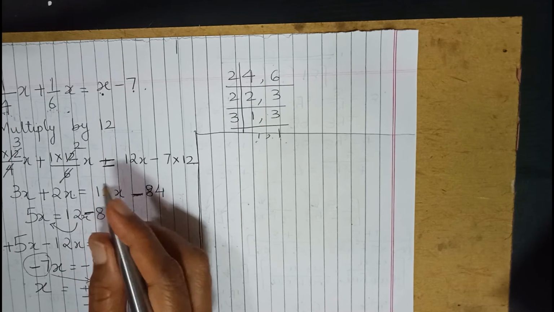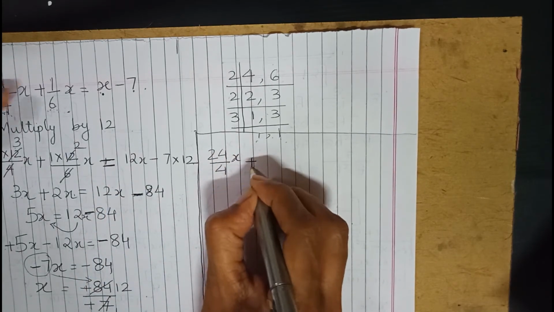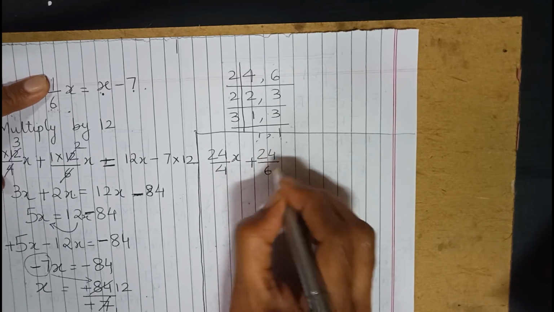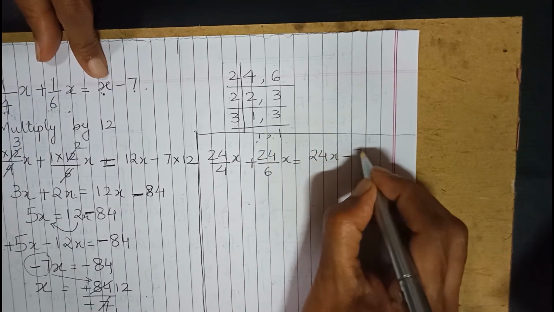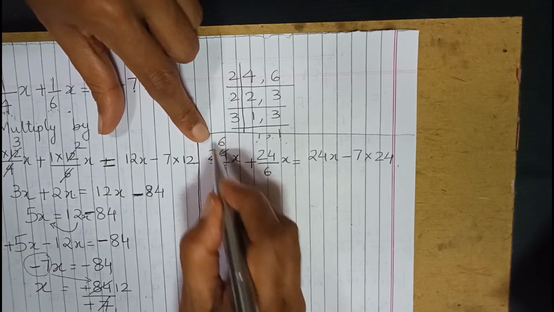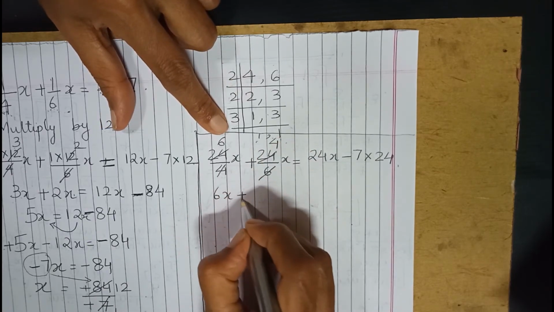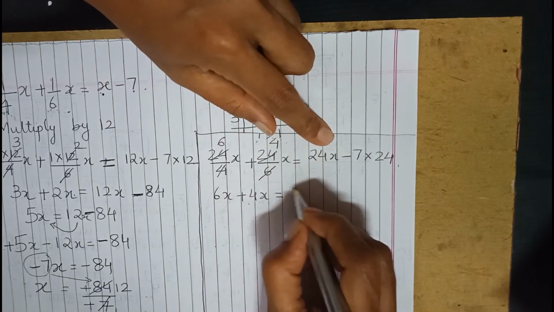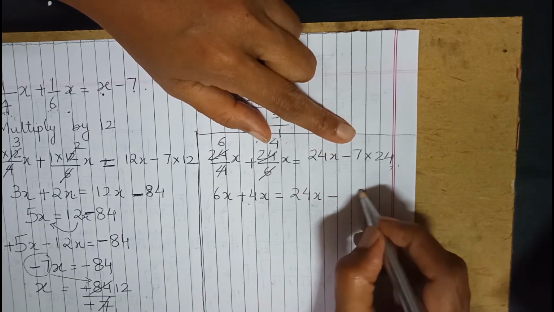I can show you that also. Let us say I'm multiplying by 24. So 24 upon 4x, 24 upon 6x is equal to 24x minus 7 into 24. So now you can see this will get cancelled 6, this will get cancelled 4. So what remains here is 6x plus 4x is equal to 24x minus, now multiply, 7 4s are